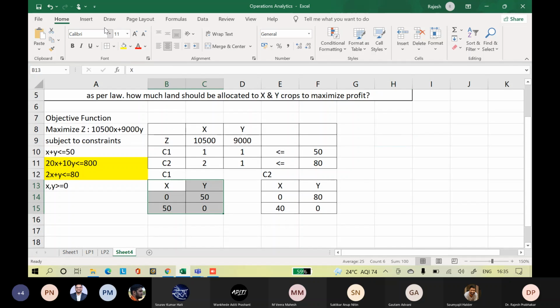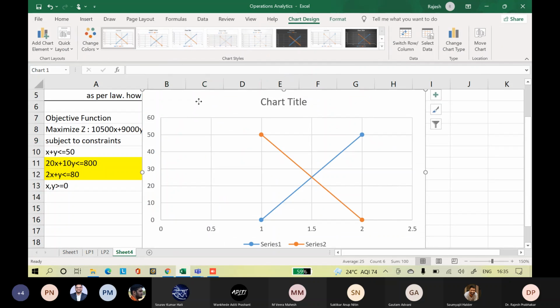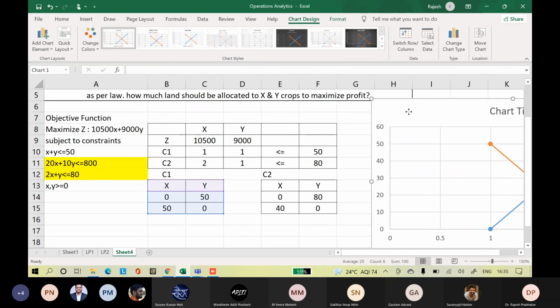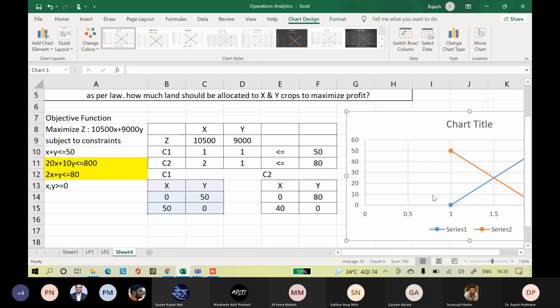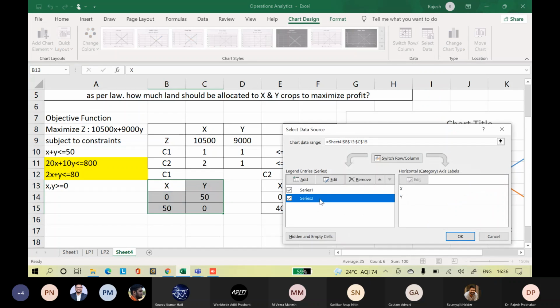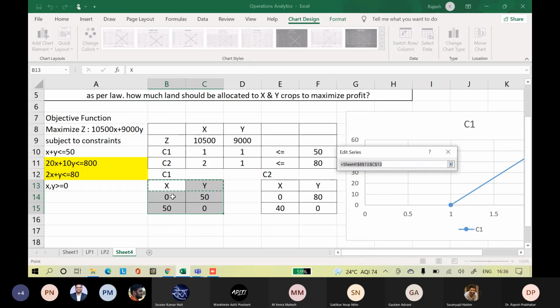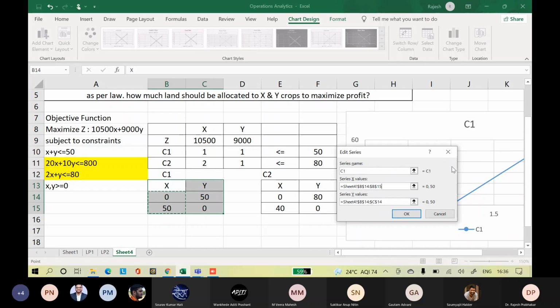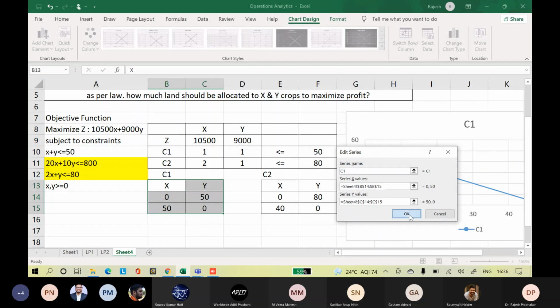Now I'll plot this. Insert, scatter with markers, and drag it to this side. I'll reduce the size so that we can see it clearly. Then select data, remove series 2, edit series 1, C1, series is 0, 50, 50, 0, click OK.